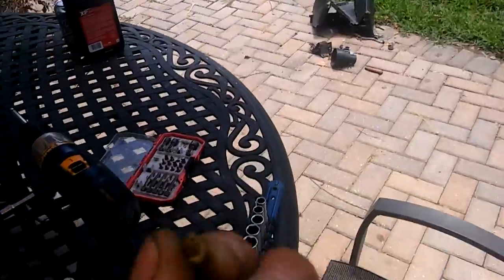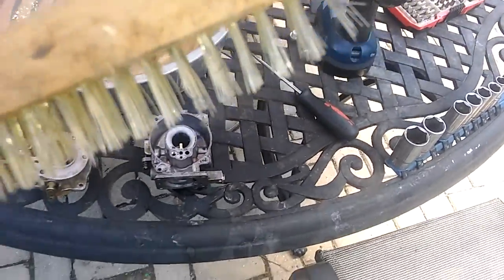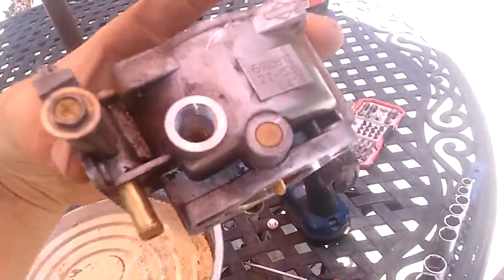So I'm going to go ahead and take a bristle on a wire brush and clean that out. I don't know if you guys can see that right there, but that came off of there. Kind of that orange looking stuff right there. All that came out of that thing. It's just crap. I got it mostly cleaned up, but I went ahead and started up the air compressor so we can get every single little fiber out of it. In the meantime, while that's loading, I'm going to take out